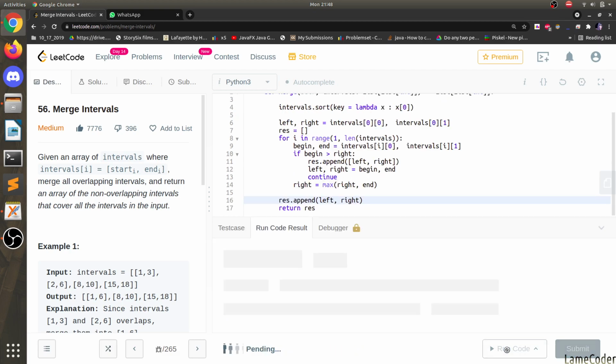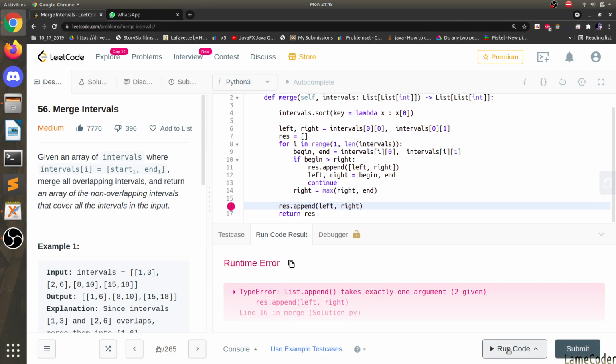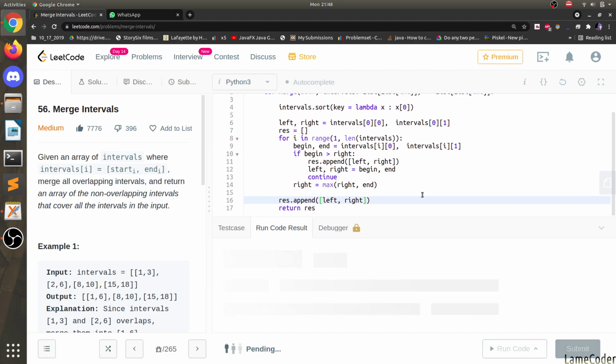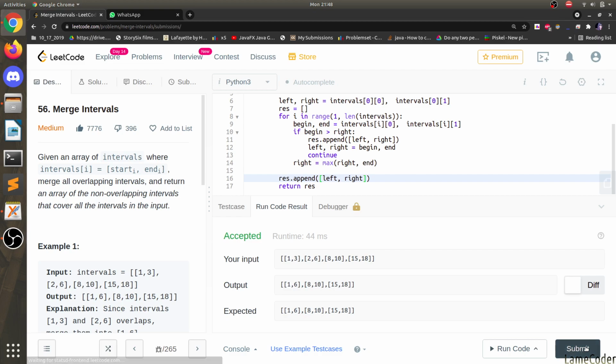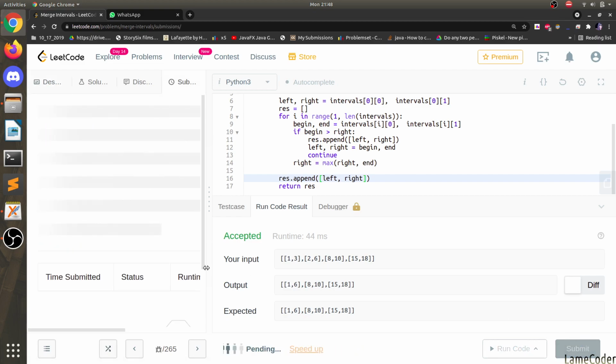Okay, let's try this now. I have to make it an array. Why didn't it work this time? Okay, let's submit it directly and see what the error is.